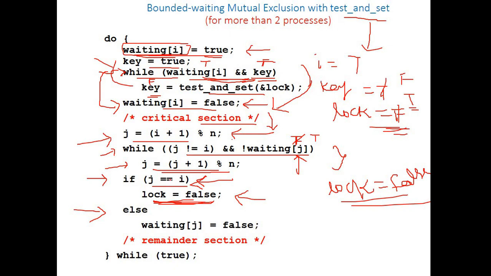And for example, if j is not equal to i, then the waiting status of the j process which is willing to enter into the critical section becomes false, and the process which is blocked waiting in this while loop for acquiring the entry into the critical section, its waiting status becomes false, terminating the while loop for the j process. And that j process will enter into the critical section because the waiting status is false and the lock variable value is equal to false. So in that way, the j process will enter into the critical section, and this process i will be entering